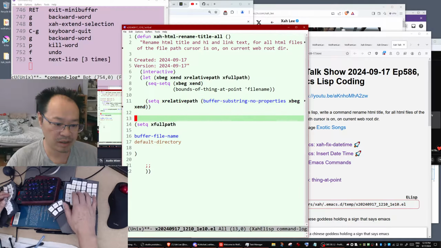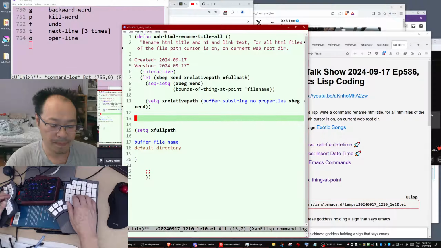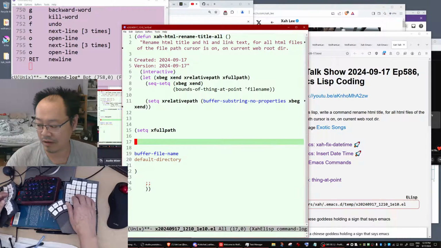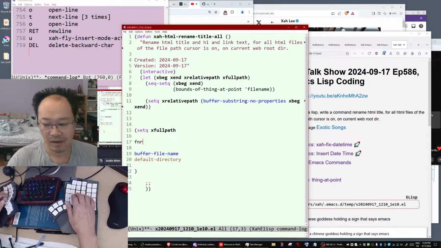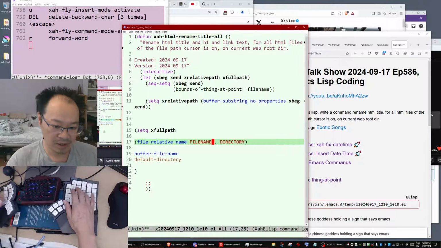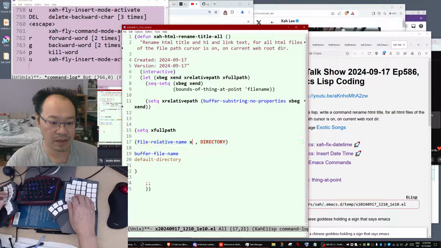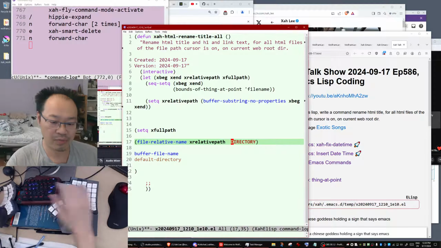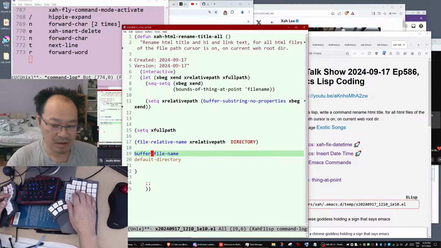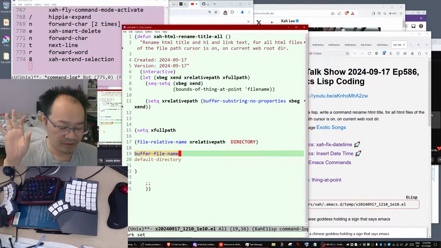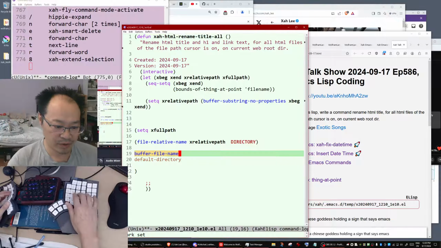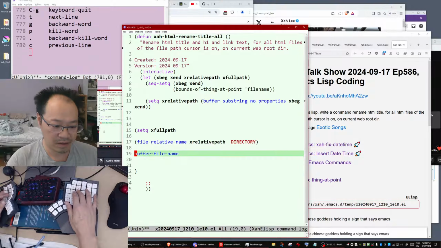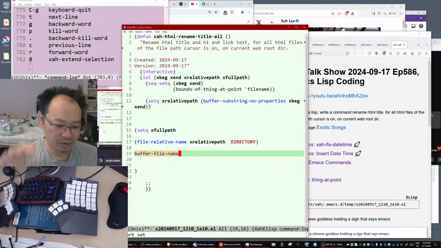There's a function called expand file name. There it is. You need the directory and the file name. The file name is x relative file path. The directory would be the parent directory of the current file. So let's get the parent directory of that.